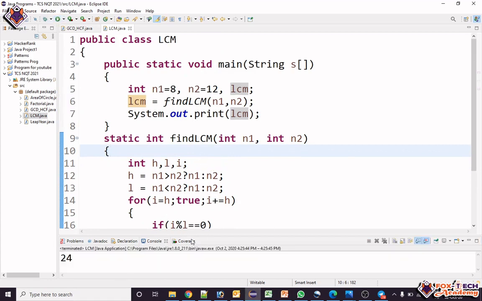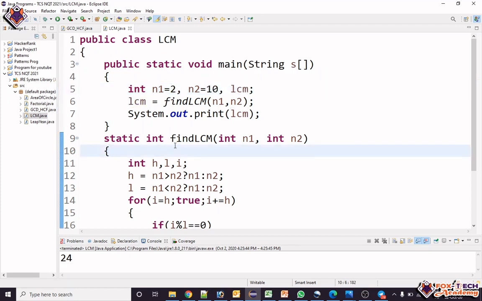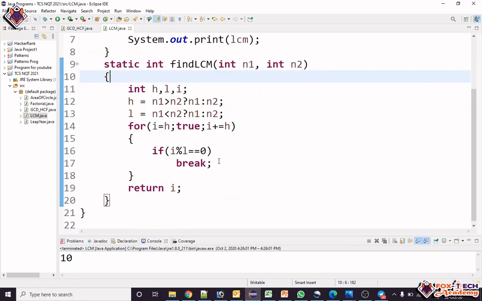Yes, the LCM of 8 and 12 is 24. If we check 2 and 10, we find that the LCM of 10 and 2 is 10, because 10 is already divisible by 10, and 2 also divides 10. So this is our program. Let's practice it. Thank you.